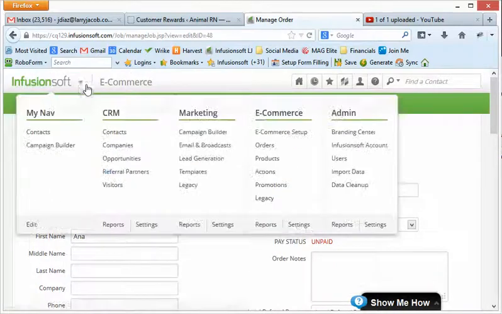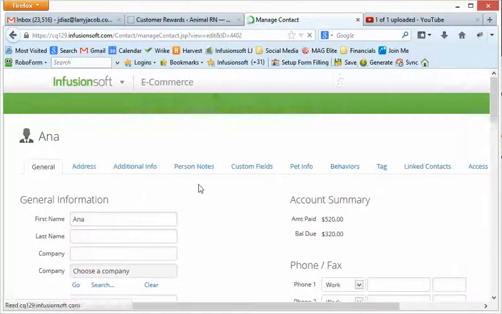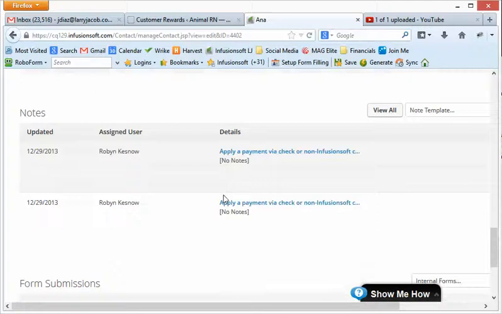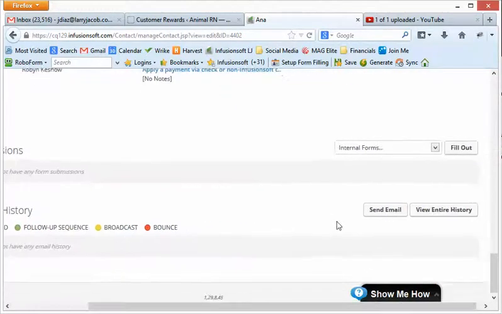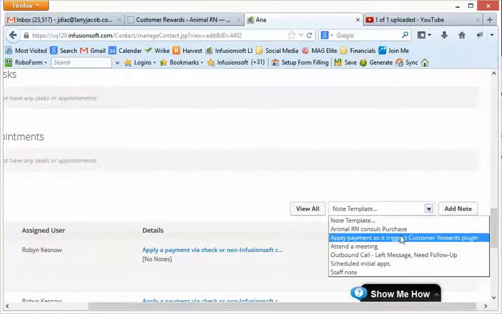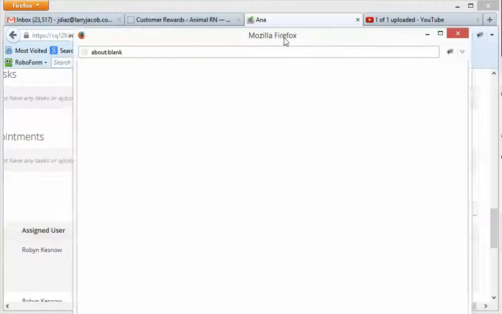Another way is we've created a note template in the system. So if you go to Anna, her contact record, I can go down to the bottom and apply a note, which is right here. I've created a note in the note templates called apply a payment, so it triggers customer reward plugins. Hopefully the name will make it easy to remember which one this is. So if I go to add this note,